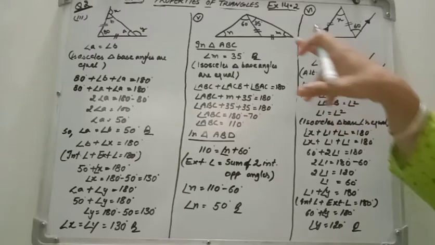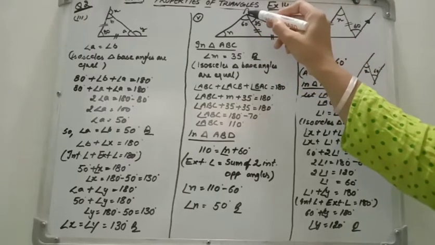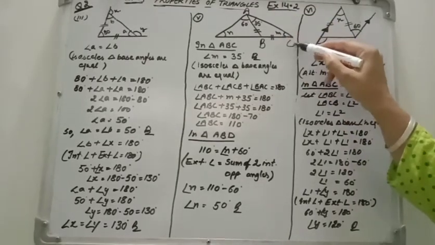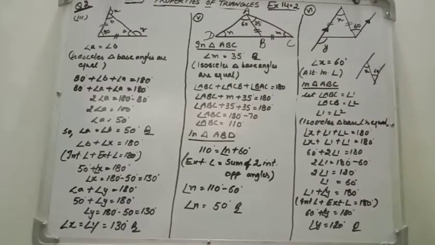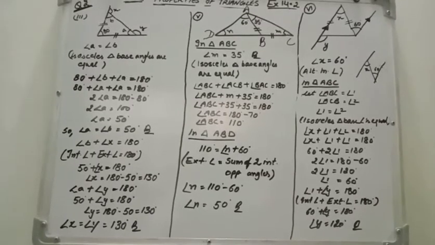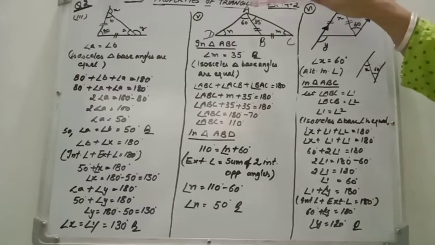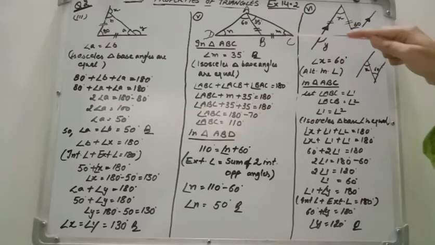Now what are the base angles? M and 35. So we name them. We name the triangle A, B, C and D. Now two triangles are there. First we take the one triangle, triangle ABC. ABC is an isosceles triangle. That's why angle M is equal to 35 degrees. Base angles are equal. So first answer done. M is equal to 35.